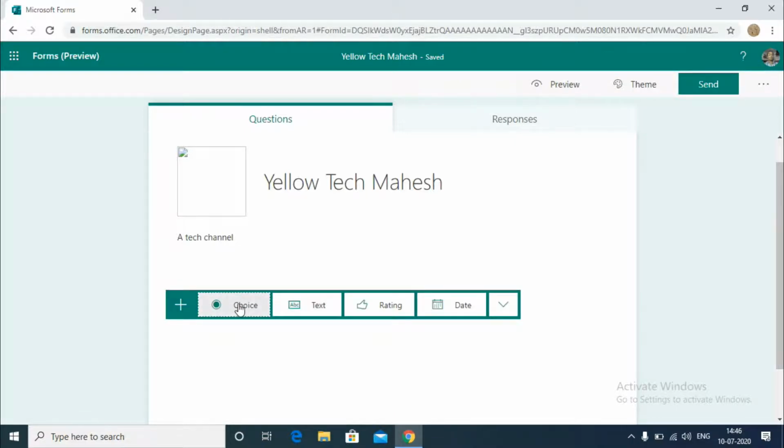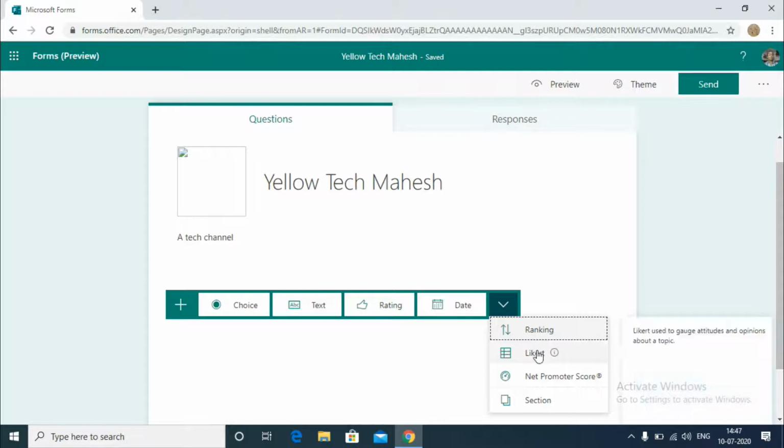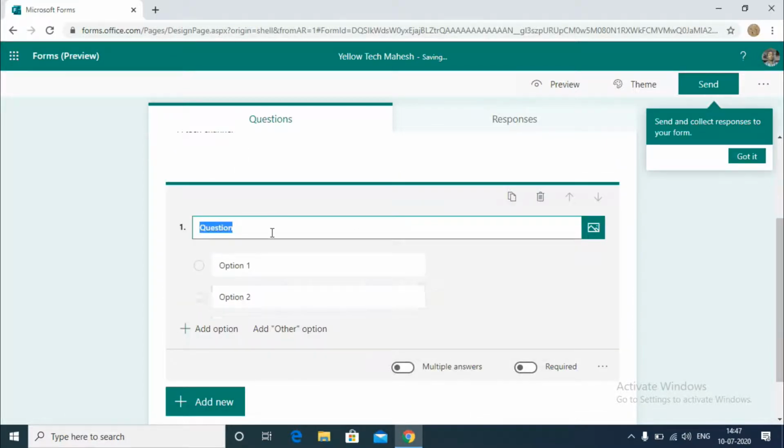Here I am choosing choice first. There are so many options here. We'll click on choice, and here we can give the question. Any question you want. I'm giving only simple questions to understand.